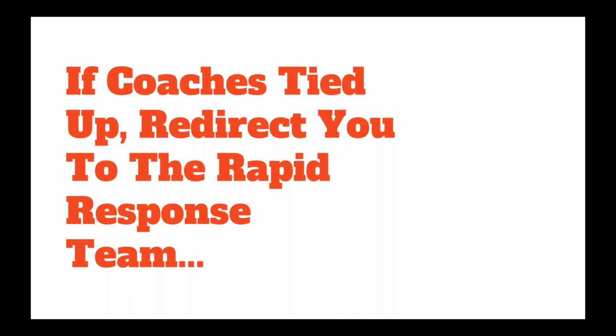If the coaches are tied up, then our phone system is set up to redirect you to our rapid response team. The rapid response team will take your information, ask you a few questions, and then forward that on to one of the coaches, and the coach will get back to you, or the rapid response team will just simply schedule a time for you with the coach right there on the call, okay? So if the coaches are tied up, if the lines are busy, you'll just get redirected to our rapid response team, and we'll take care of you there. Again, that telephone number is